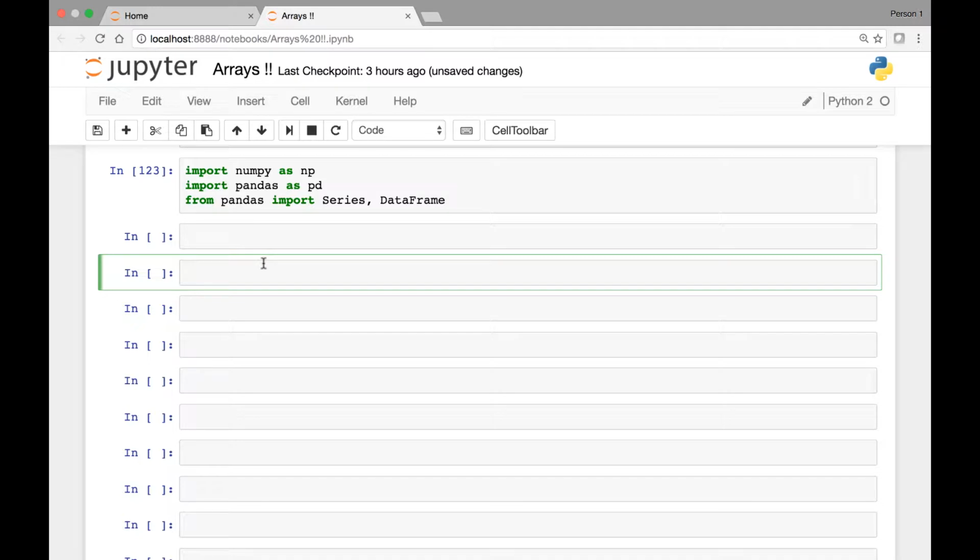So let's start by creating an array, and then we'll save it in a variable called states. So we'll create an array containing a list of states. So np.array, and then let's pass a list of states. Let's say New York, DC, California,